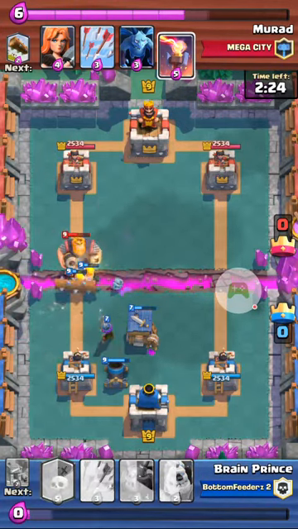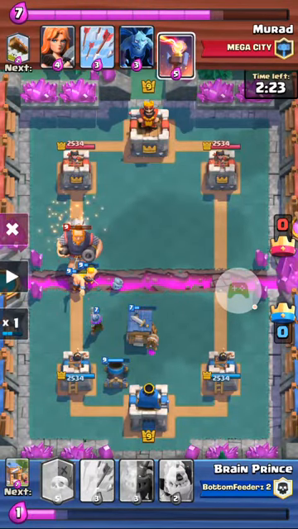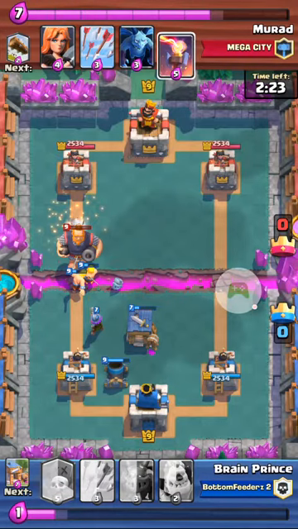So I used the Log there. That was probably also a waste of 2 elixir. It did do a little bit of damage and push him across the river. But I already had Barbs there. I already had the Mortar down. I already had the Musketeer down. I probably could have gone without playing that Log there. I'm pretty sure that was just 2 elixir wasted. But